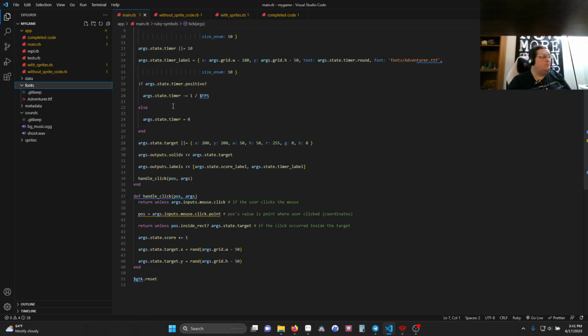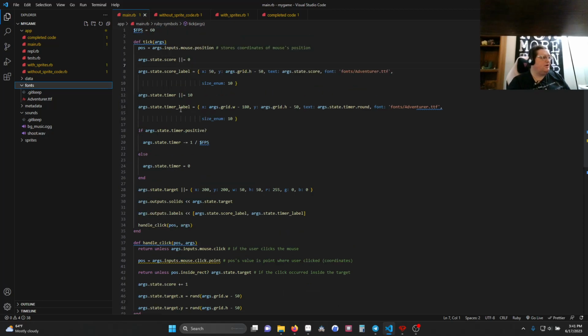Okay, so next up, if args.state.timer is positive. I'm sorry, I skipped a section, my bad. Next up is args.state.timer is either going to be set to whatever it already is or 10. The label for our timer is going to be a text on the screen with a hash, and its text is going to be